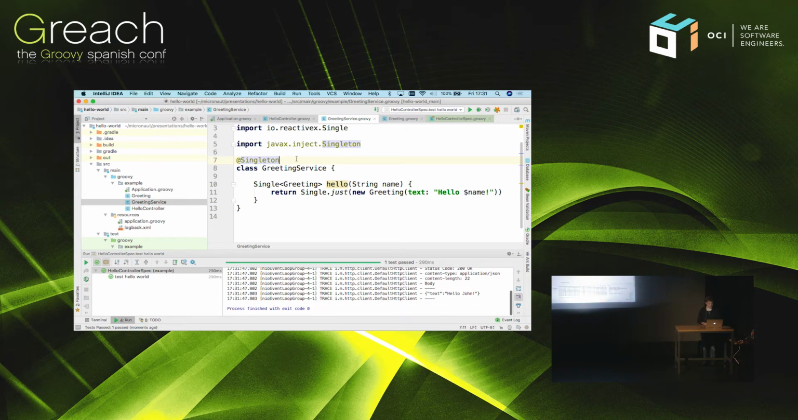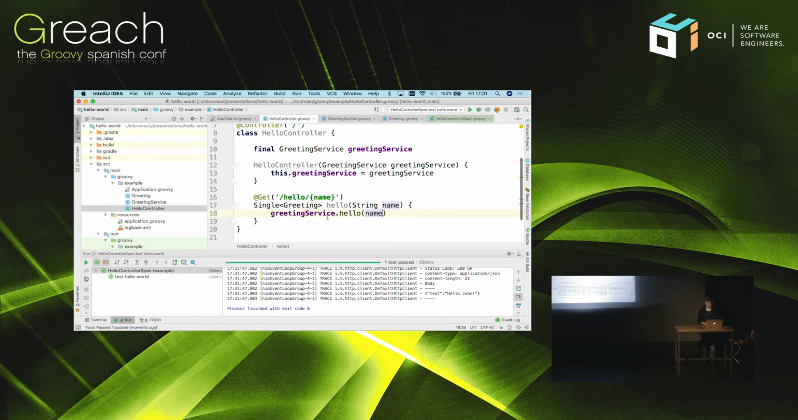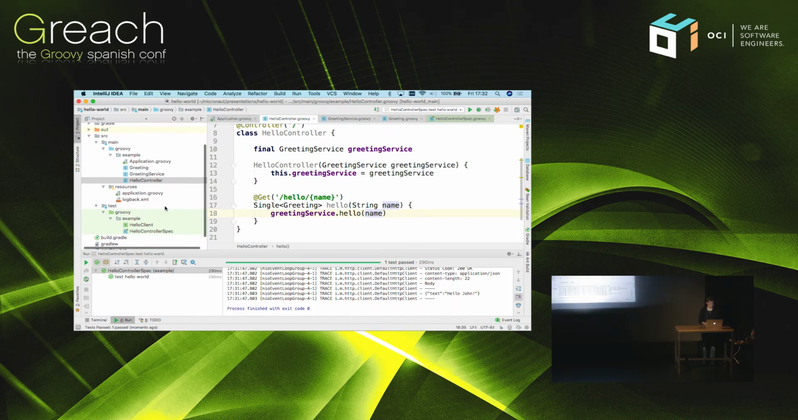There we go. Injected greeting service directly into your controller. Dependency injection. No impact on startup time, performance. The more beans you have, you're going to see almost uniform startup time. So that's cool. That's it. That's all interesting. But